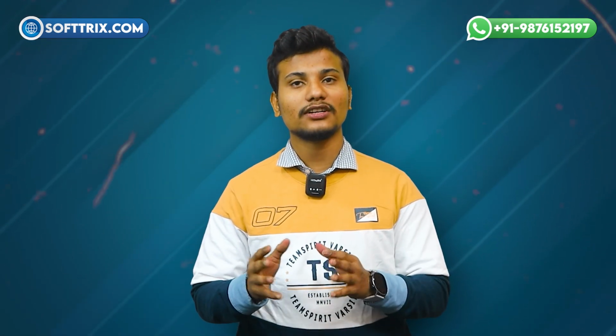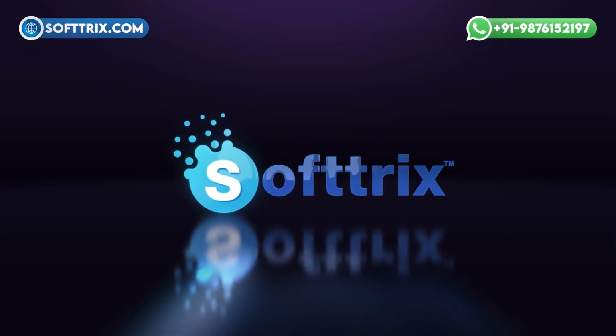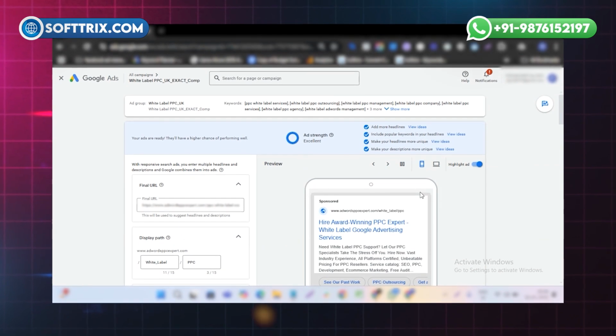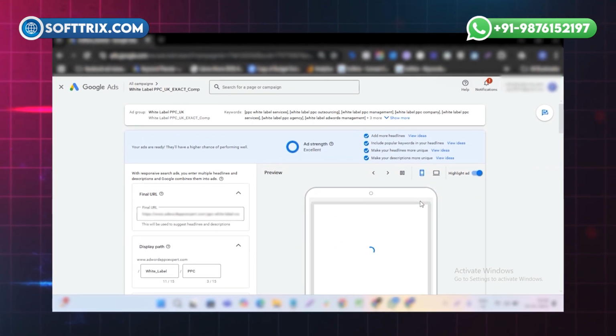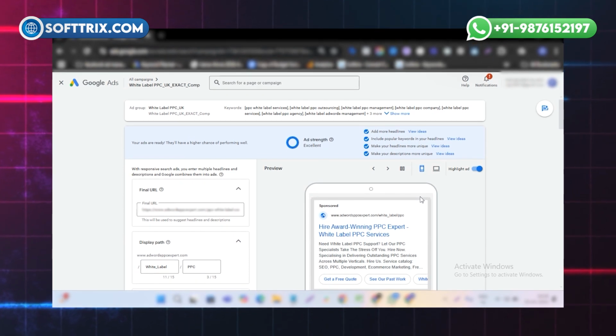Now let's look at how to set up dynamic keyword insertion within your Google Ads. So I am on my screen and today I will show you how we can use DKI, that is dynamic keyword insertion, for the specific ads.